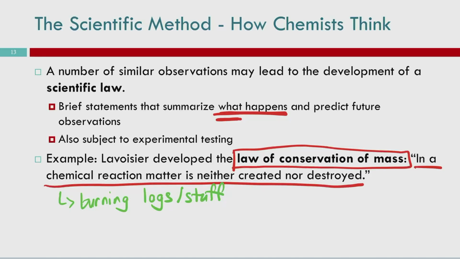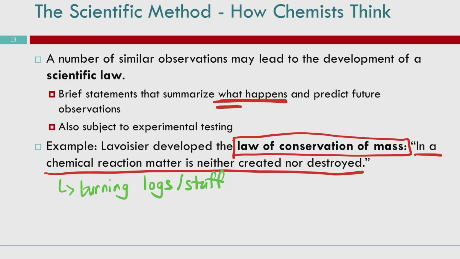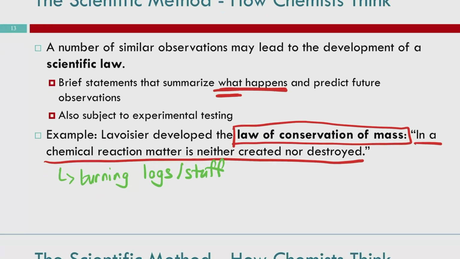Since it was a closed container, none of the smoke, the particles that were produced from the combustion, were able to leave the container. They stayed in the container. That's why it was the same mass. We rearranged the particles. They weren't actually destroyed. We didn't create new particles. Even though the appearance changed, everything that we started with was still in there. And so the mass stayed the same. And this is a very important law for chemistry.